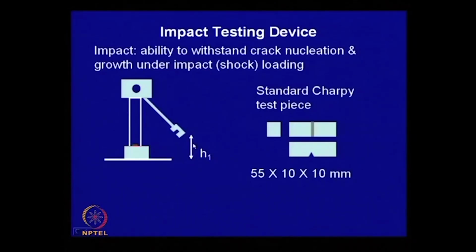This height is measured, you release the hammer, the sample fractures, it falls off, then you measure this height,